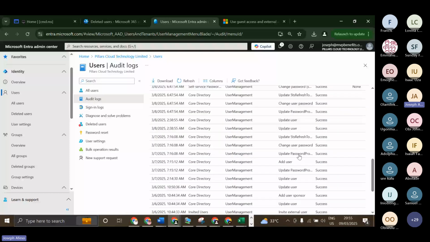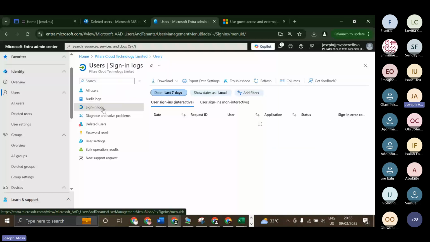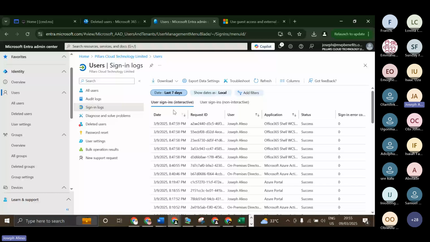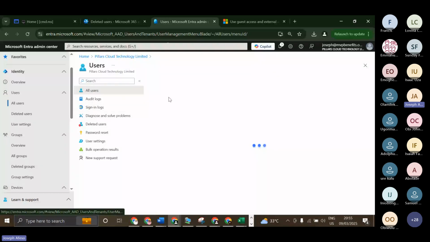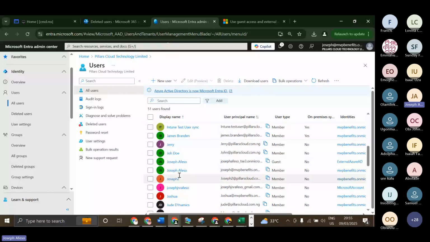So sign-in logs are very important. In short, the sign-in log is one of those reports that is very important, especially for security people, right? You can check the sign-in log of a particular user. Let's say an account was compromised. Without even going into the detail of the sign-in logs of other users, I know, for example, myself, if I quickly see that account,